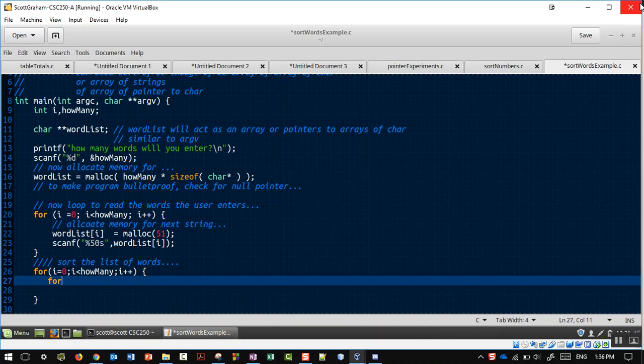Then we'll have a for j equals 0, j less than how many, j plus plus,